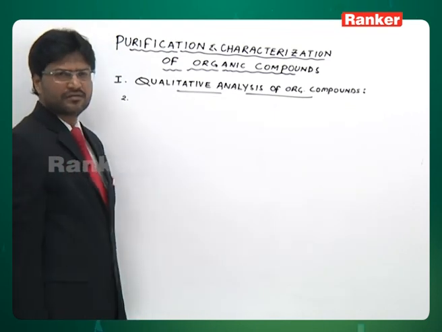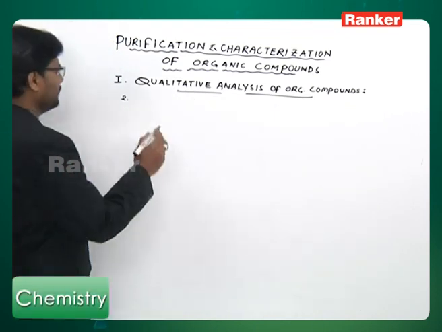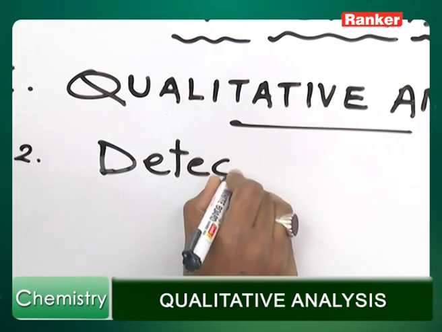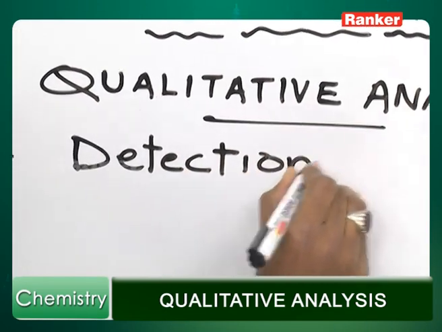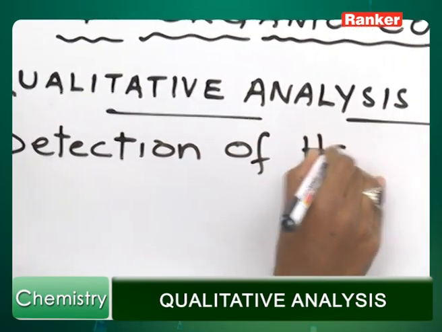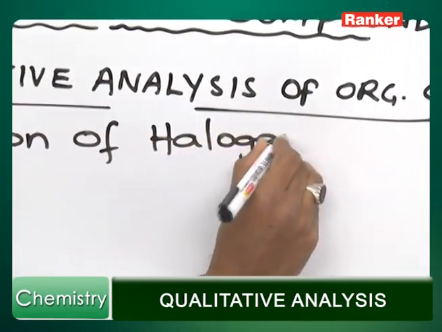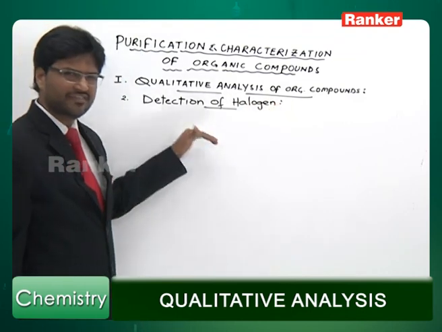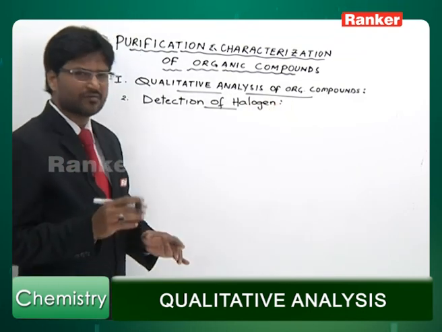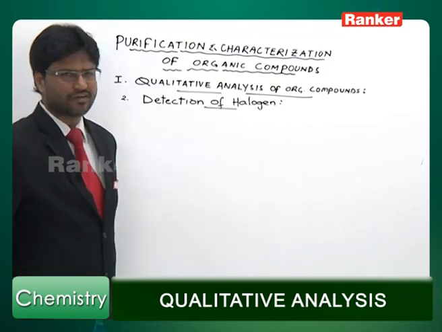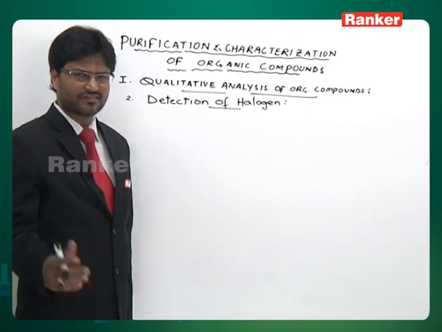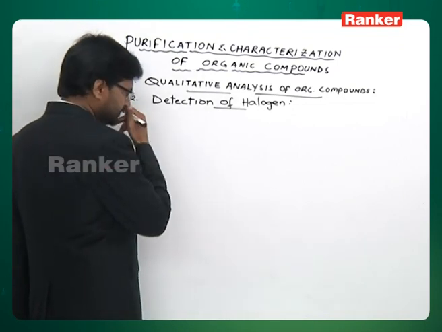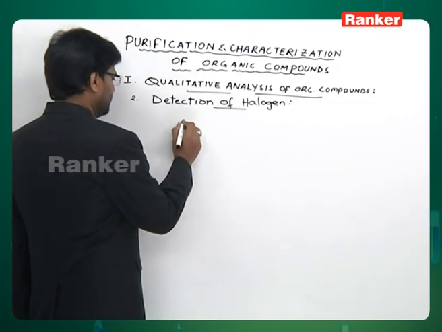Let us now learn detection of halogens. Detection of halogen in the organic compound. But remember, this comes under Lassaigne's test only, and it is applicable for chloride, bromide and iodide. Why not fluoride? You will realize when you learn this method. See, what you need to do is take the extract